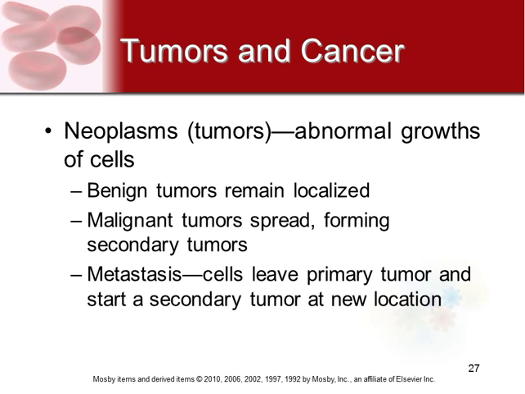So that would be like if I have lung cancer. First, I might just have one little tumor. It's kind of benign, it's not really doing much. And then maybe I come back the next year for another checkup, and I have two tumors. And I come back the next year, and now not only do I have 4 tumors located in my lung, but they also find that it has metastasized, and now I have bone cancer too. I have tumors in my bones. So that would be how that's different. Benign is just the one, malignant is when there's more than one, and then metastasis is when it's actually left that initial spot where it started, and now I have them located in other areas as well.